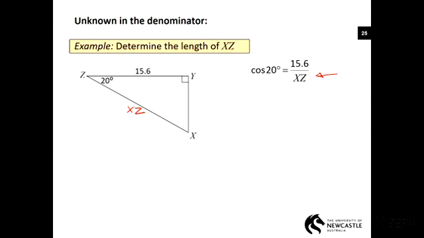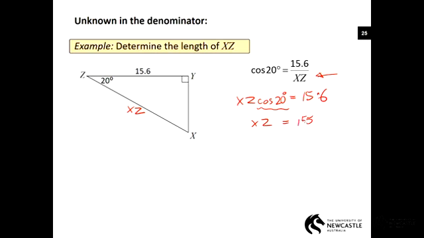We can do it in 1 step or 2 steps. If I do it in 1 step, I could do exactly what I did before. That xz is on the bottom, same as a number used to be on the bottom. How do I get rid of it? I times it over here. So I could write xz cos 20 degrees equals 15.6. That's not really what I want. I'm glad there's no fractions anymore. My second move, if I want xz by itself, is to divide both sides by cos 20. Okay, because it's timesing. So xz equals 15.6